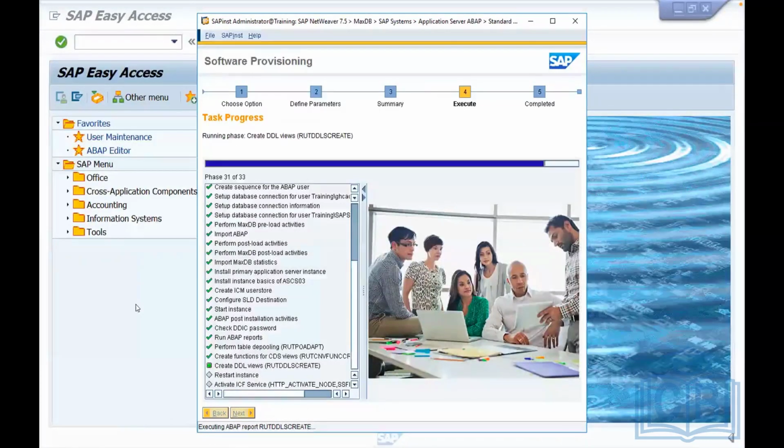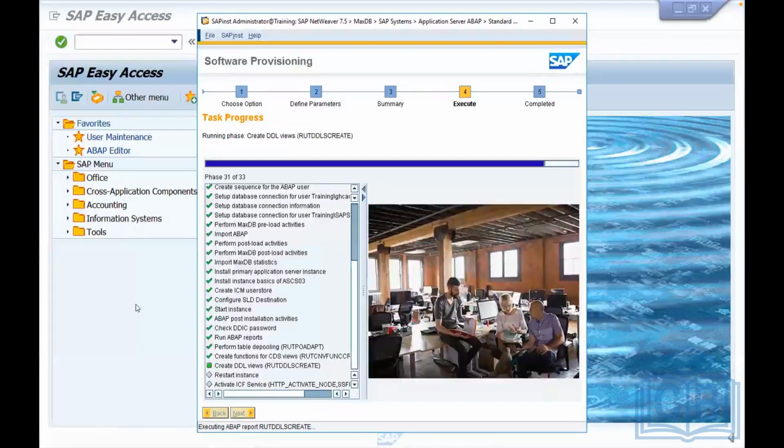So now we are installing the GHC system. After installation of the GHC system, you are going to connect with the GHC system and you are going to start and stop the GHC system. I'm not going to give you the credentials of the TRN system, but I am going to give you the GHC system, and then I will ask any one of you to start and stop the GHC system. First let it